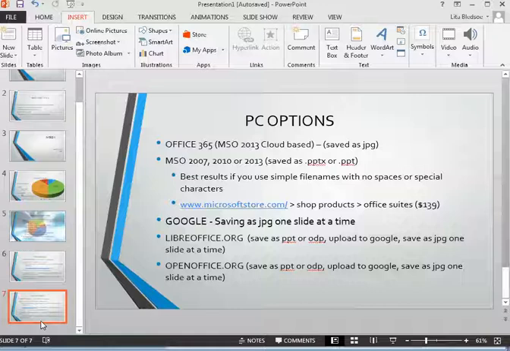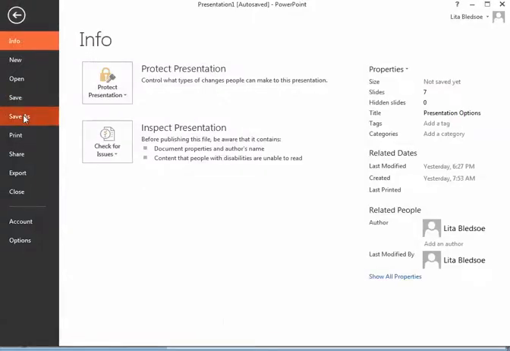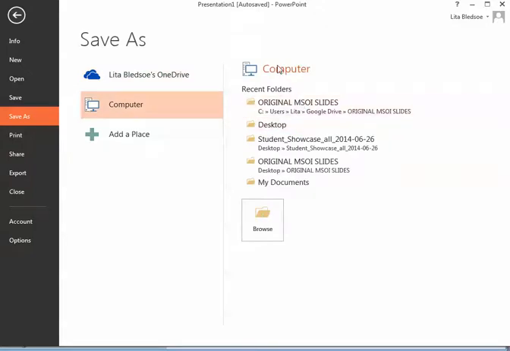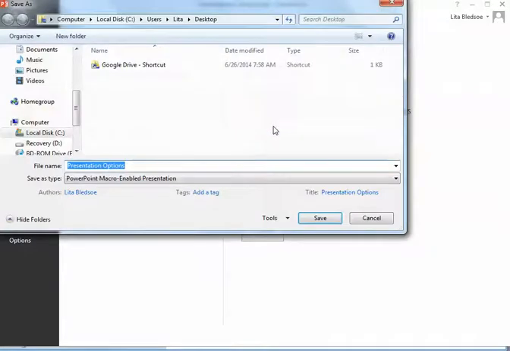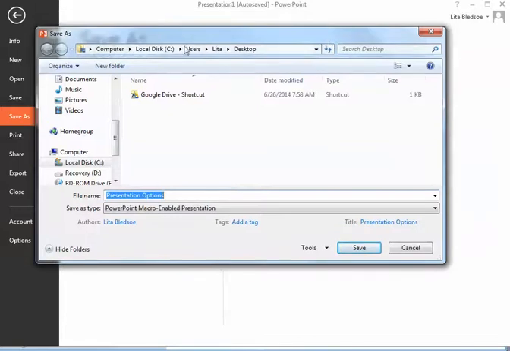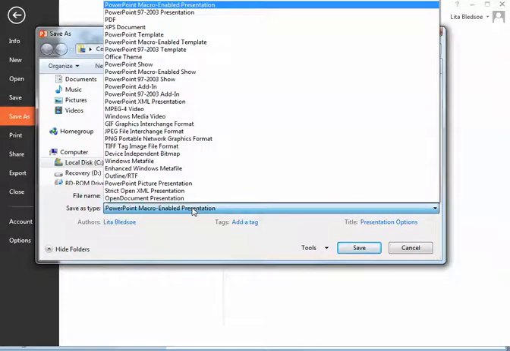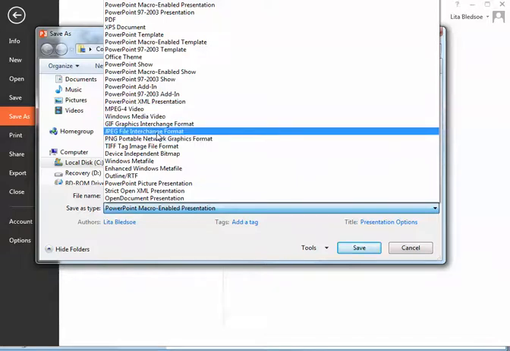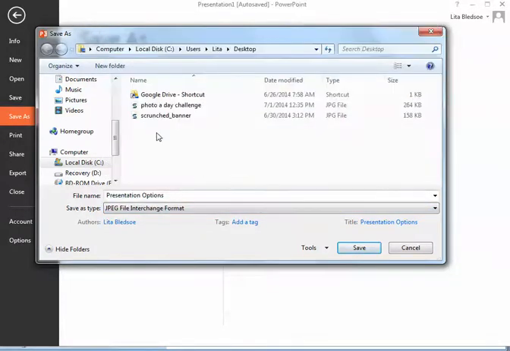Okay, so now let's take a look really quickly at saving as JPEGs for either the cloud-based version or Google. If you go to File, Save As, then you'll see here, I actually want to save it to my computer, and I'm going to save it to my desktop. So now you see here I have options about what I'm going to call this. I'll just leave it as Presentation Options. But I have quite a few choices, and so I need to scroll to find JPEG File Interchange Format. That's the one I want to select,